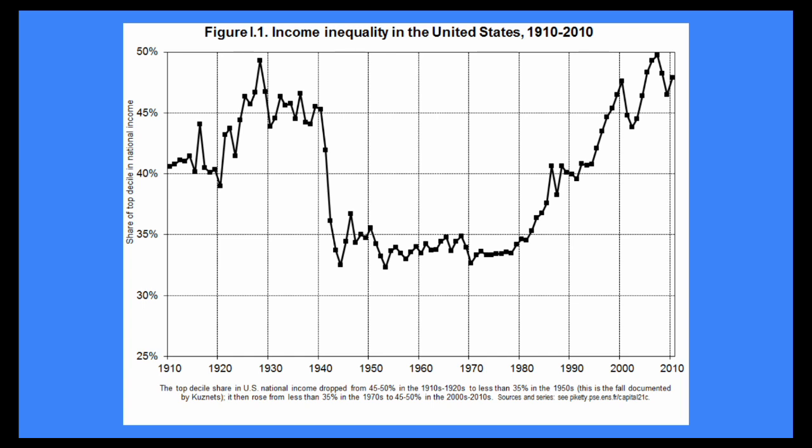We see that after the 30s, going into the World War II era of the 1940s and thereafter, this income inequality, as defined by how much a small percentage of the population controls as far as income, started to fall. Income inequality started to drop, and you see that the top 10% of the distribution was really taking in roughly a third of the income, which is still unequal, but nowhere near the inequality seen during the Gilded Age,